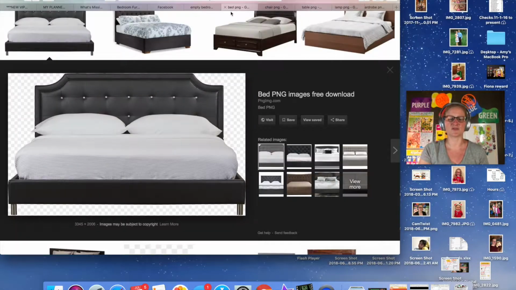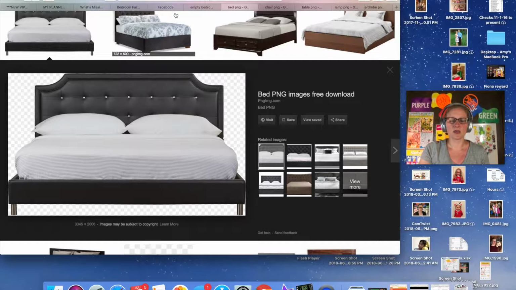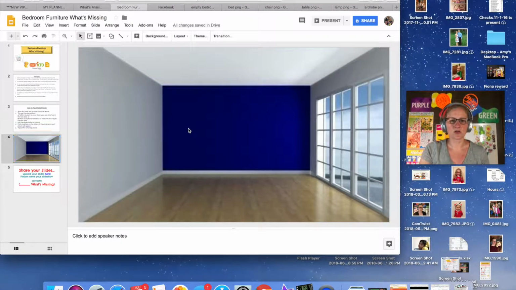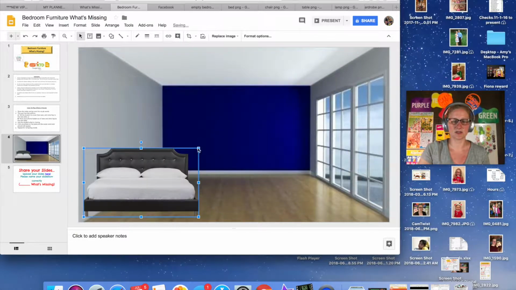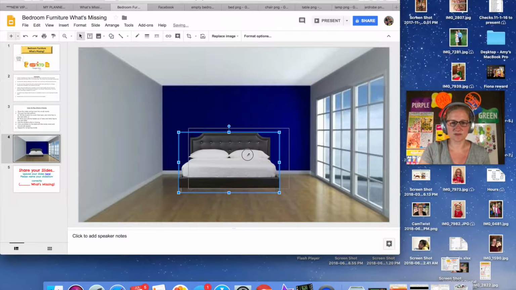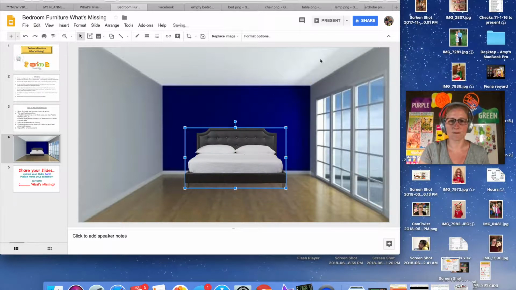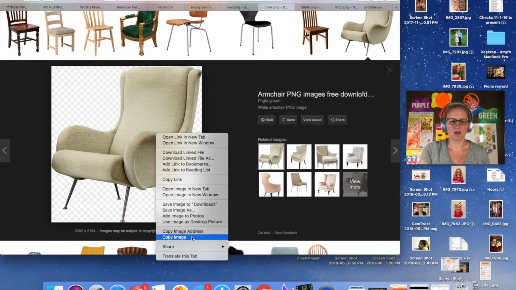So I've already searched for the images, so I'm just going to go ahead and copy and go back to the reward and paste it, and this is going to be huge, so I'm going to resize it to a reasonable size, and I'm going to put it where I want it to be. I want it to be a little bit smaller because I have some other things I want to put around it. Okay, so now I'm going to go get a chair and copy,